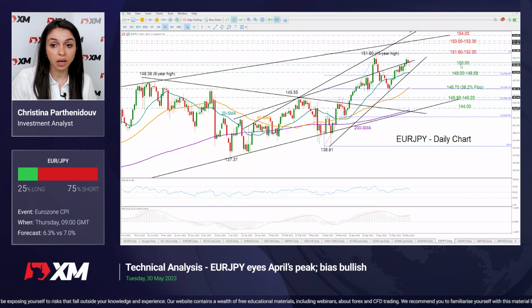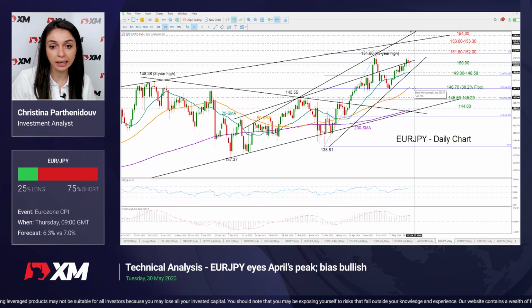probably back down to 150, a break of which could initially stabilize around this steep support trend line around 149.20. That is where the 20-day moving average is also located, while not far below that, the 23.6% Fibonacci of this bullish wave is also placed. So a decisive close below 148.58, which is the 23.6% Fibonacci, could trigger a sharper decline, likely down to the 38.2% Fibonacci of